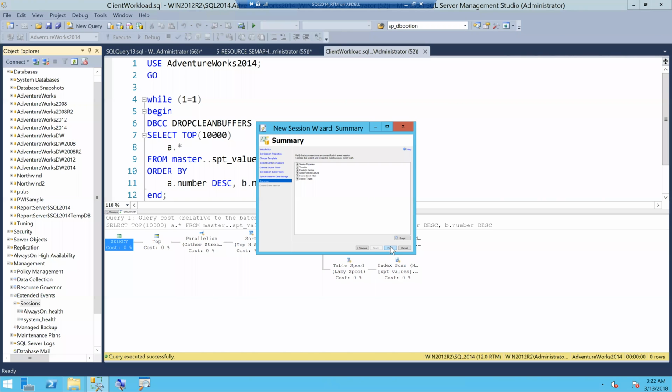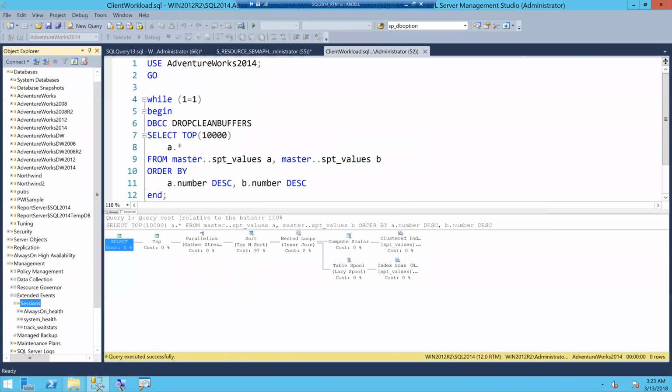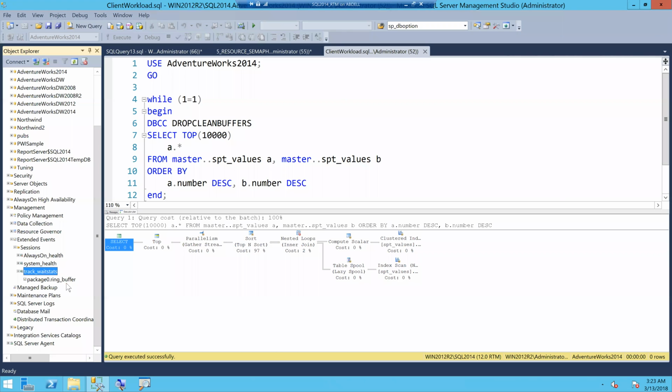Extended events is very powerful. If you look at the interface and the steps that I've just done, they're very similar to the Profiler and the trace, where you finish it and then start the trace. So I did a filter on 52. If I refresh this and expand track wait stats on my left, I will right click and